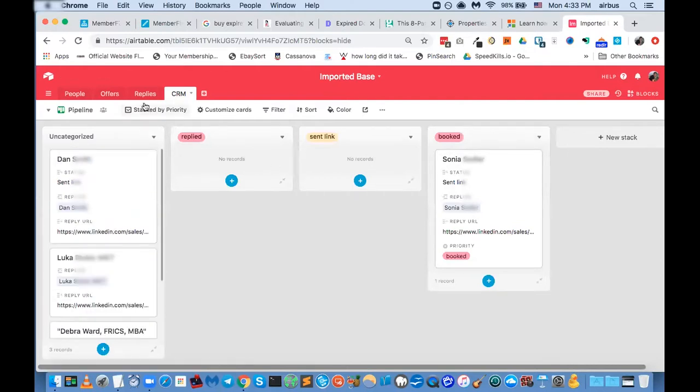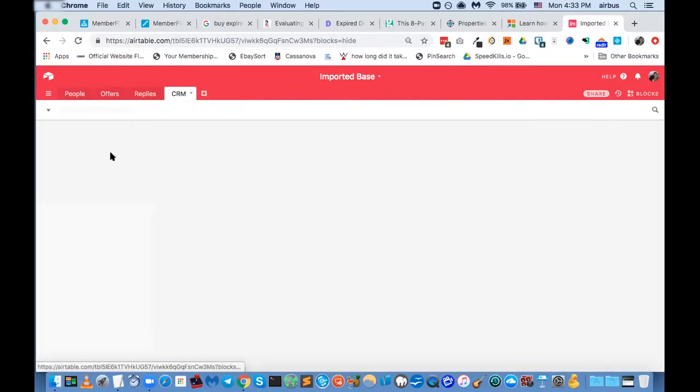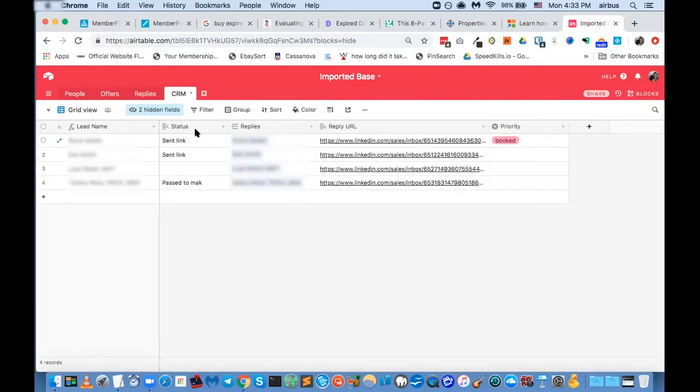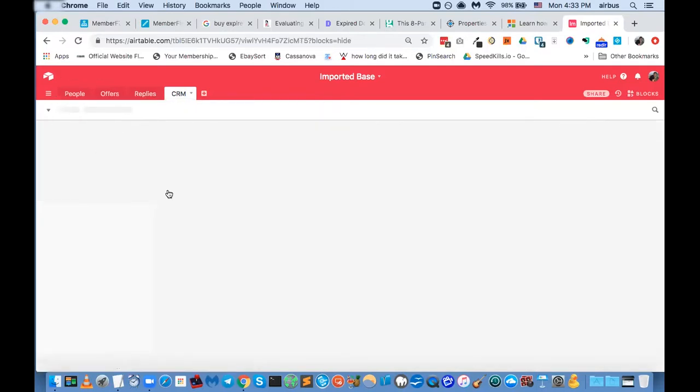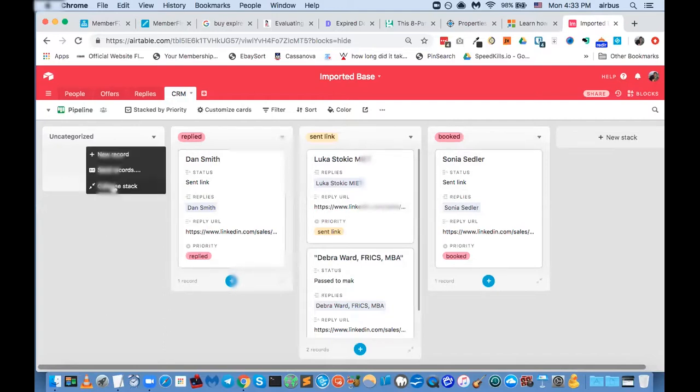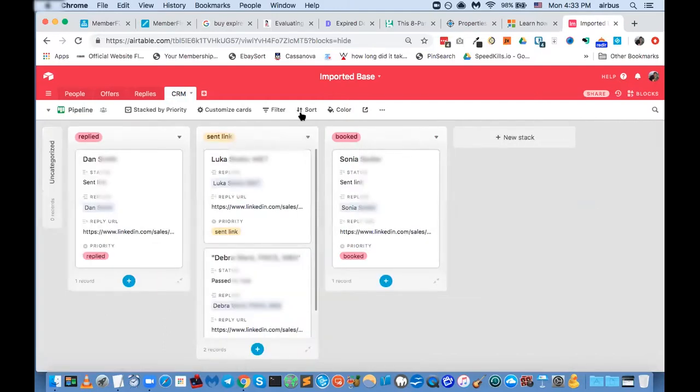Yeah. And then what Zapier would do for you is, based on whatever's in the status field, which would be hidden so you wouldn't really have to deal with it, it would automatically populate this. So this one, let's say replied. This one sent link. Priority equals the status, does it? Yeah, it would. That's what you would do in Zapier. Cool. And then when you go back to your pipeline, you can collapse this one because you don't really need it. Also, you've got this